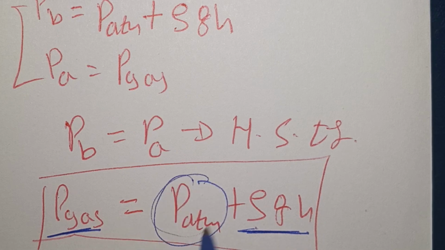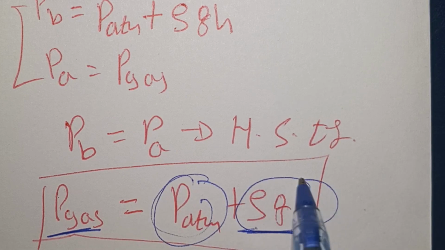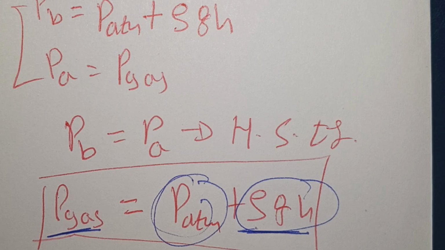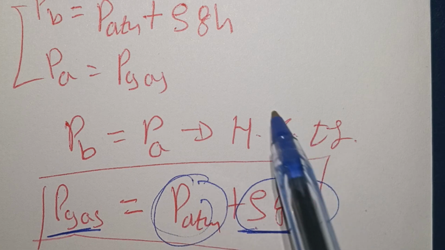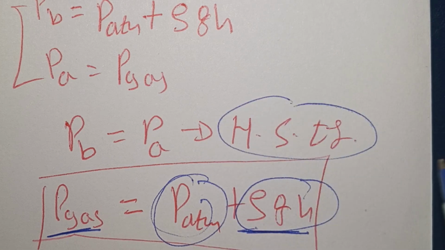It is the sum of the atmospheric pressure and the pressure due to the liquid columns. B says the principle of hydrostatic equilibrium is considered to measure the pressure of unknown gas. So this is correct. In both cases, we use the principle of hydrostatic equilibrium to measure the pressure of